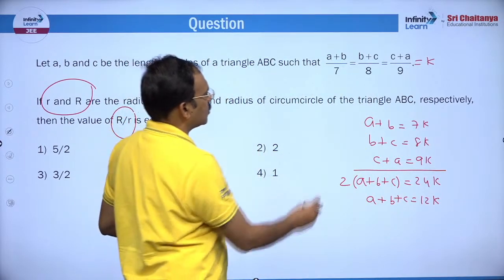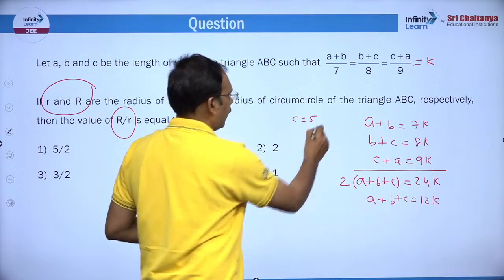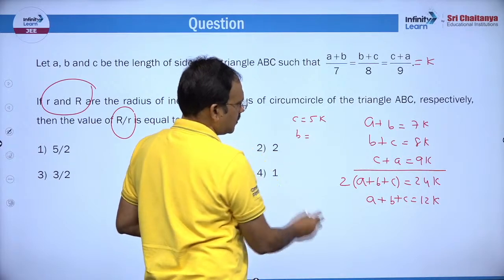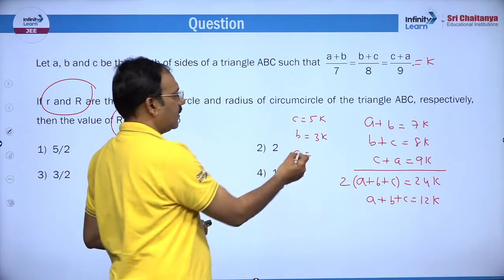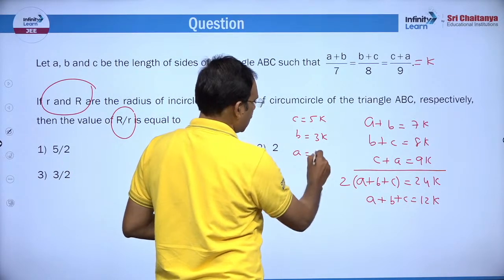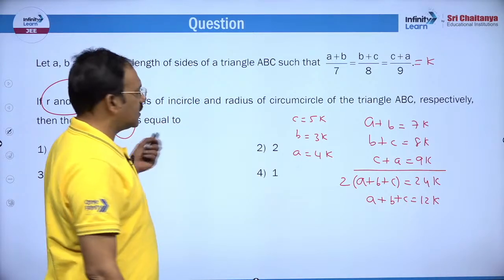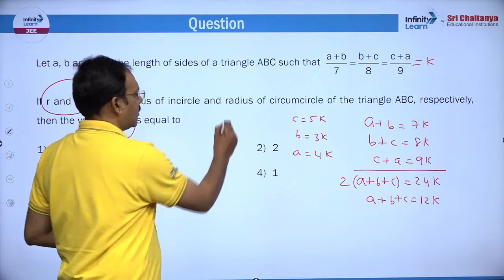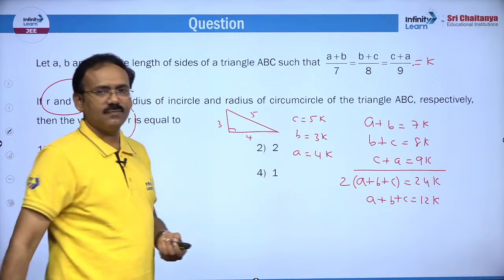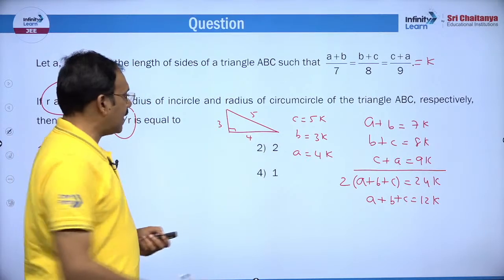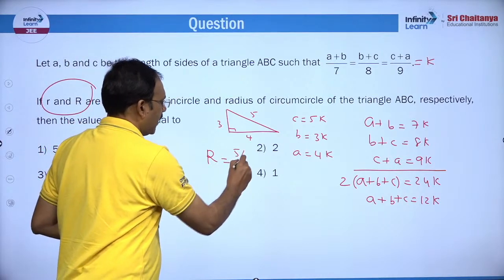When a plus b plus c is 12k, a plus b is 7, so you can say c is 5k, and b is 9, so 3k, and a is 8, so you can say 4k. Of course, you know a, b, c are going to form a right angle triangle. Since it is a ratio, you can take the sides of a triangle proportionately, we can take 3, 4, 5, fine. So now friends, in a right angle triangle, circumradius is half of the hypotenuse, so 5 by 2,